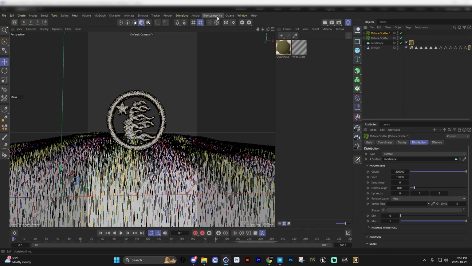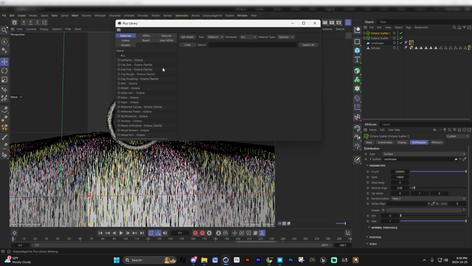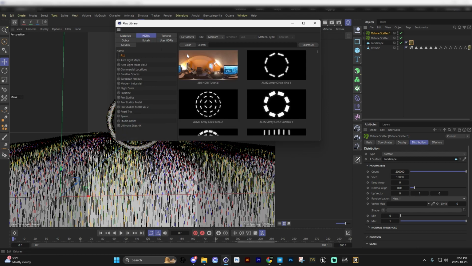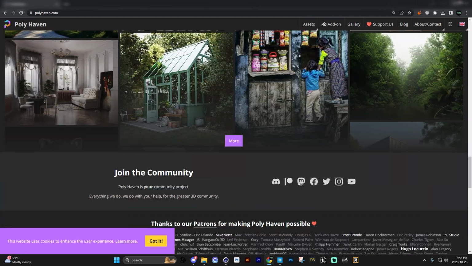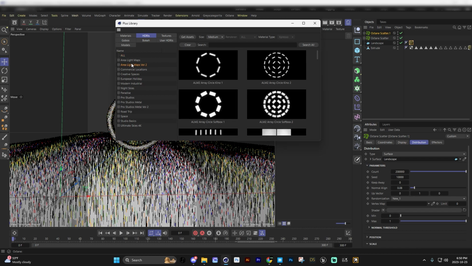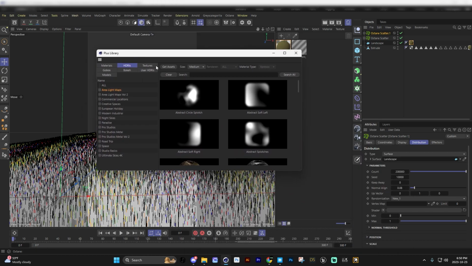So now this is where a plugin called Grayscale Gorilla comes in. This is also paid for, but I highly recommend it. It's a really good investment. It comes with HDRIs. If you don't have Grayscale Gorilla, you can go to a website called Polyhaven. I'll show you that website real quick, and it does the same thing. There's HDRIs and stuff like that, but I prefer Grayscale Gorilla.